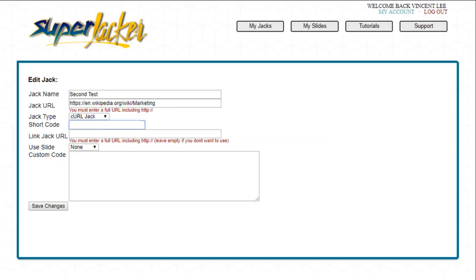Next, it's going to ask me for a shortcode. Now this is the code that identifies this particular jack on the SuperJacker delivery server. It's also going to be a part of the URL of your jack. So you should enter in a relevant shortcode to the site that you're jacking. Now I'm jacking a Wikipedia article on marketing, so I'm going to enter Great Marketing